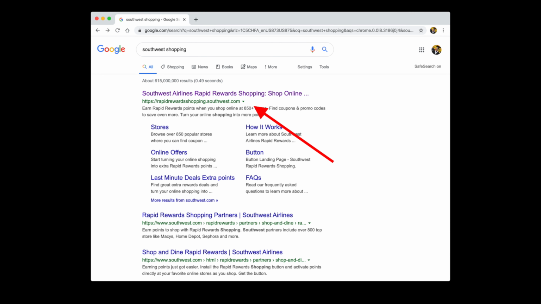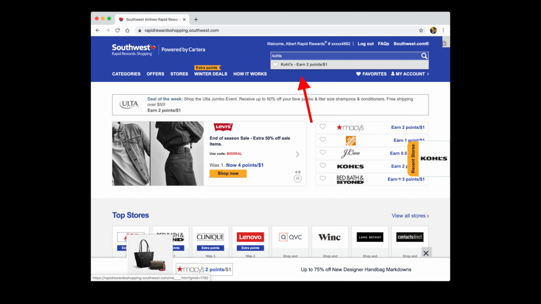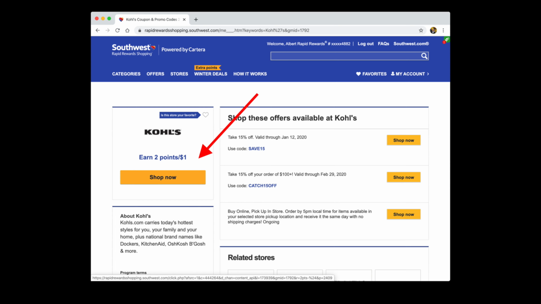Then you would go through their shopping portal, buy the thing from Kohl's, and get points back for buying that thing through the airline. So you can start to build your airline miles. That's a slow way to build, but it is an effective way to build.